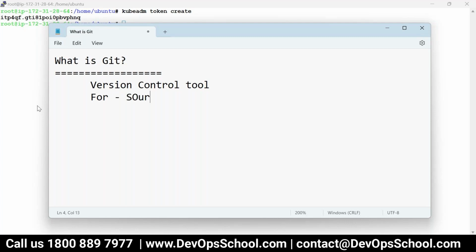Mind it, it's for source code. If you want to version the build directory structures, then Artifactory is good. If you want to version the directory structure, then a Docker image is a kind of versioning layer, we call it, right? A version control system for the directory structure. So that way, Git is for source code.